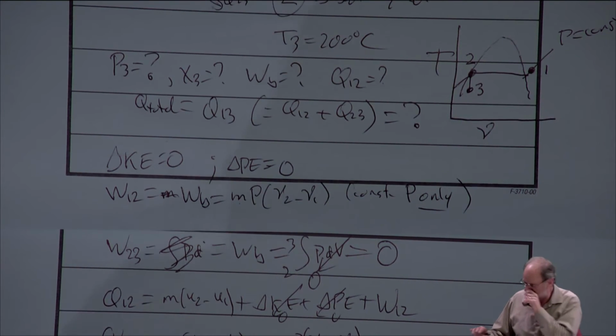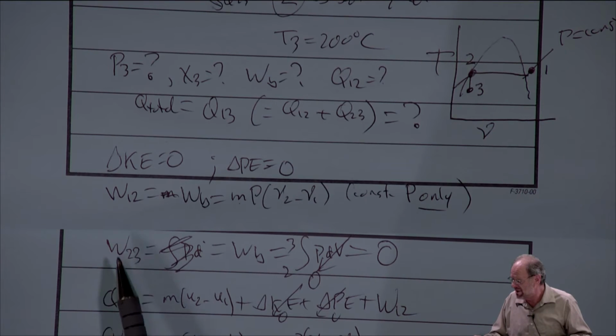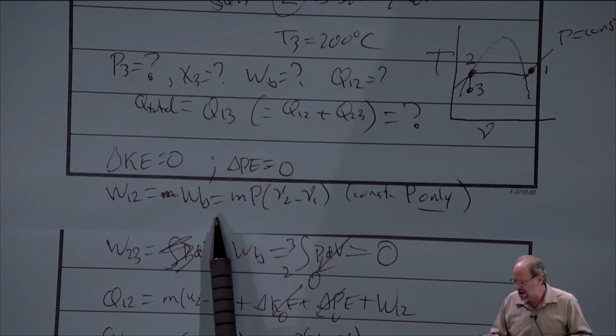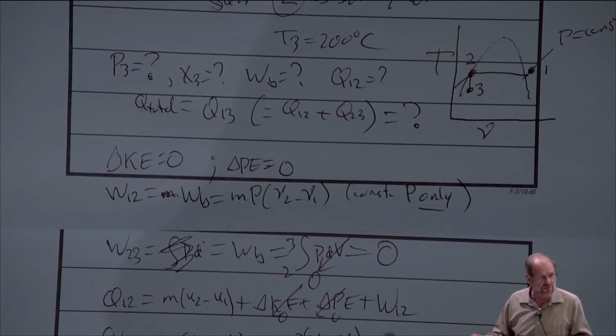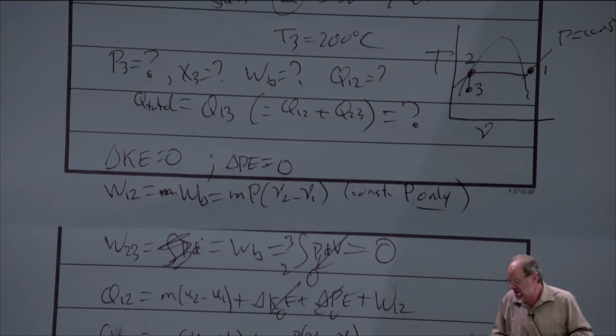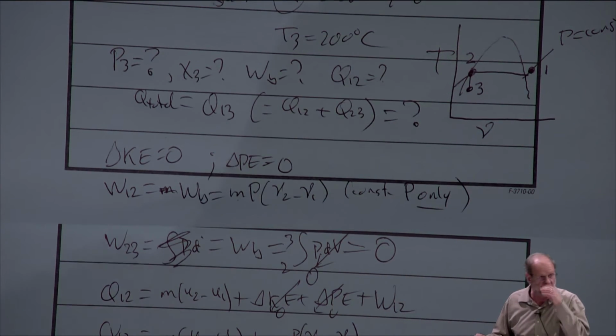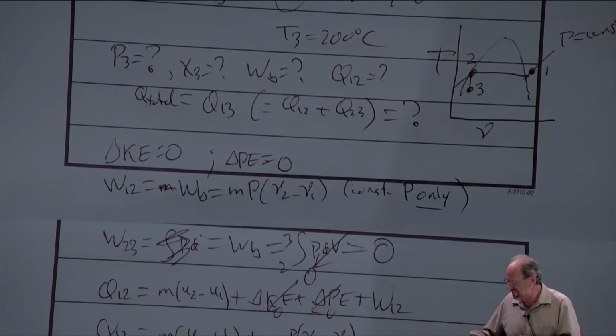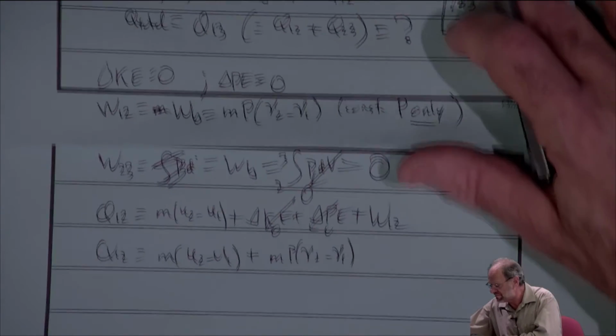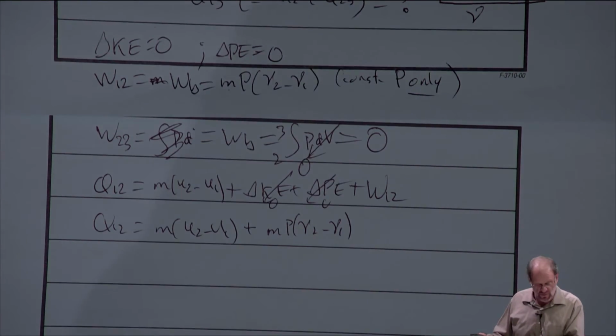By the way, since the author specifically asked me to find the amount of work, I don't have to use the enthalpy version of the first law that applies to these closed systems for constant pressure processes, right? I could write Q equals simply mass times H2 minus H1, but again, there's no need. I already have the work, so I'm just going to leave it in this form. All right. So there's the heat transfer from 1 to 2.